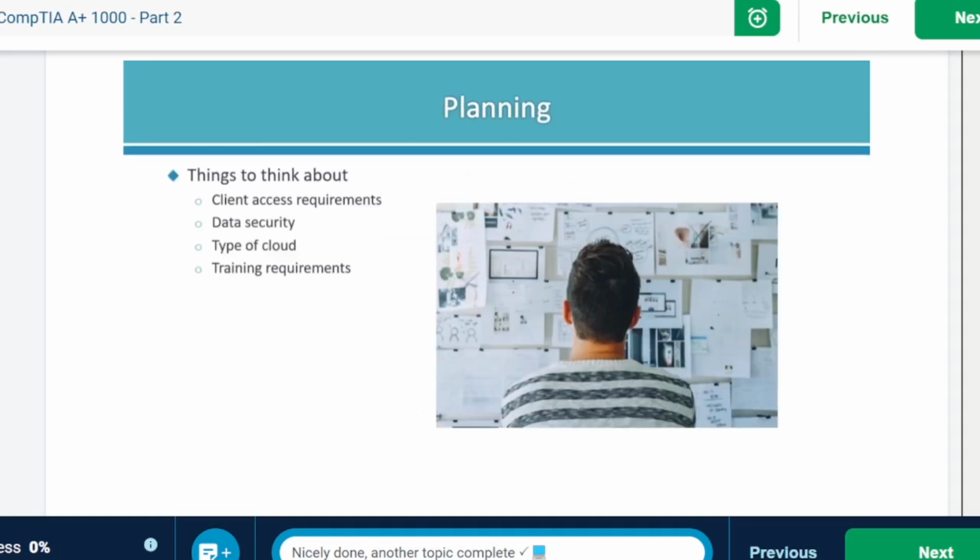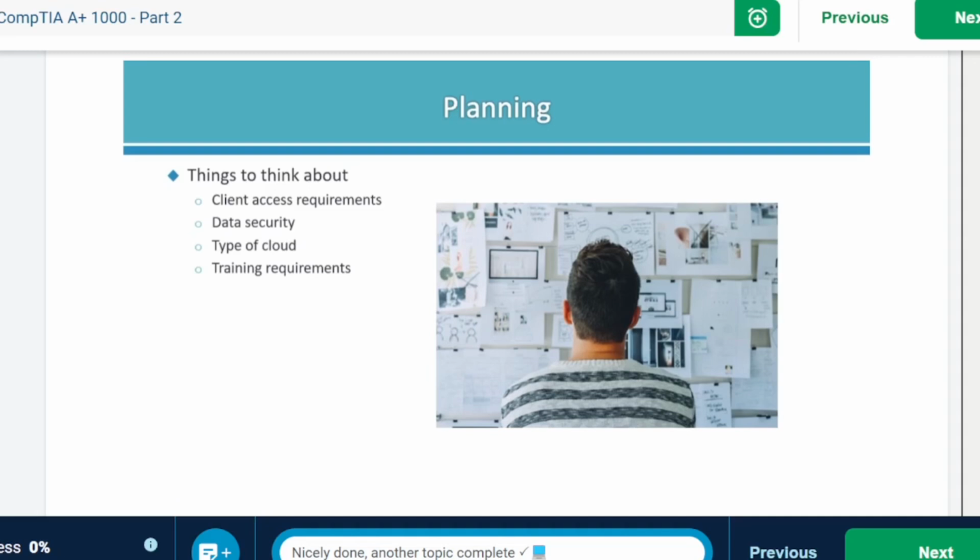Planning is important as you develop virtual networks because there are a number of things considered as you develop business requirements. You need to think about data and privacy requirements, how much you want to spend in your budget, the type of cloud that you need, whether it's going to be public, private, or hybrid. Then you have to look at what kind of training requirements will you have and what kind of data backup requirements will you have and what's going to be needed as far as your legal and desired requirements as far as security and data backups.